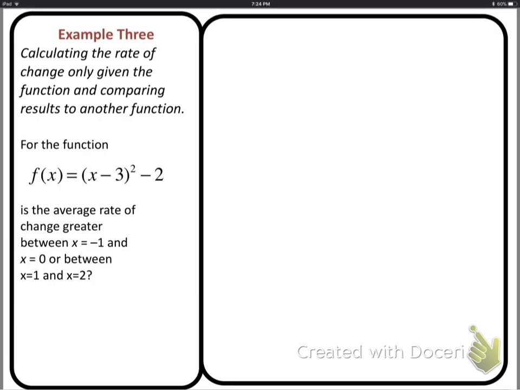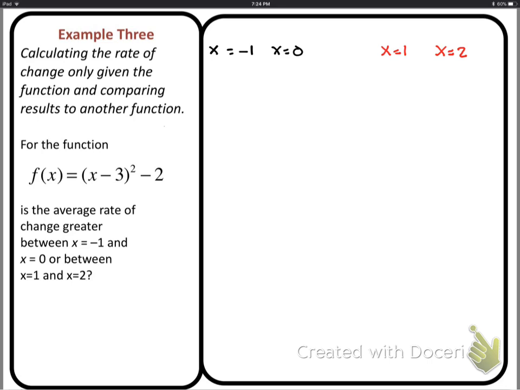Okay, example 3. We calculate the rate of change only given functions and comparing results to another function. So for this function, f of x equals x minus 3 squared minus 2. It's asking, is the rate of change greater between x equals negative 1 and 0 or between 1 and 2? So I'm going to rewrite this up here. Is it greater between x equals negative 1 and x equals 0, or between x equals 1 and x equals 2? So which one has the greater rate of change? So first thing you got to do,